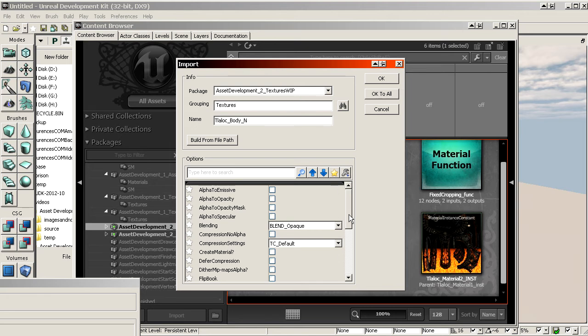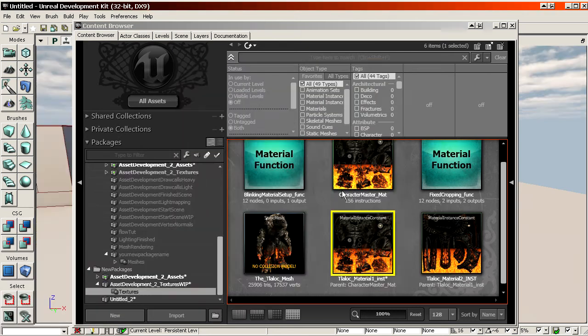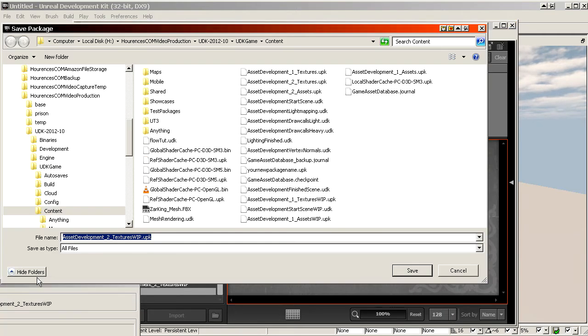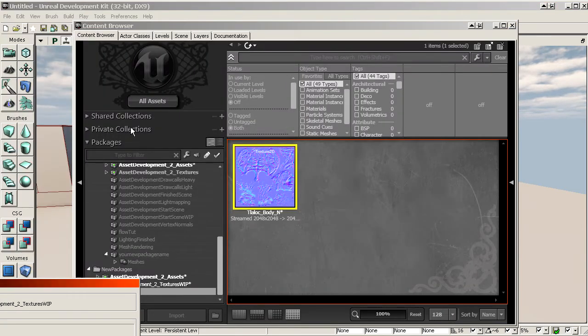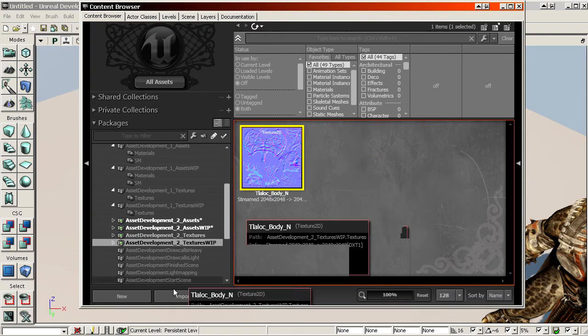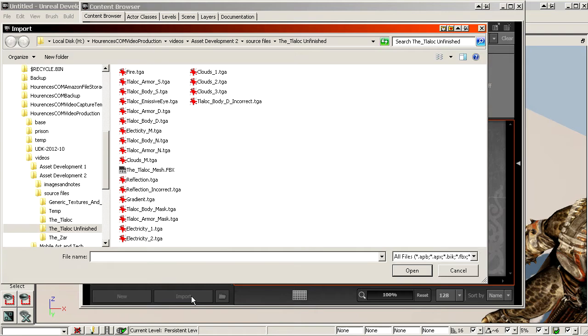I'm going to leave the properties here at the bottom, as I will get back to that in a bit as to why that is the wrong thing to do. So I just import it, and this is how most people would import it, I guess. They simply hit import, it's in, and they consider it done, but it's far from finished. So I'll save it right away. Here's a normal map texture, we simply imported it through this. That's incorrect, however. When you import it, what you should have done, and I will now import the armor,